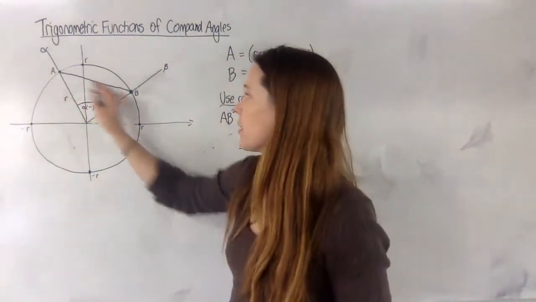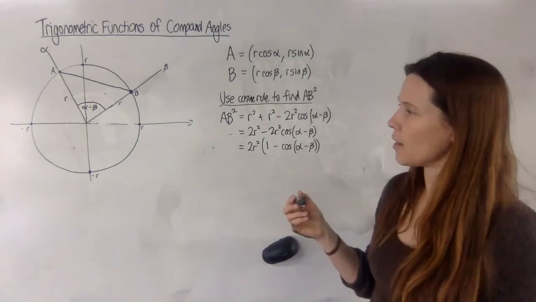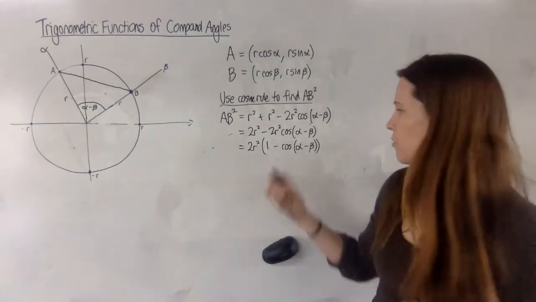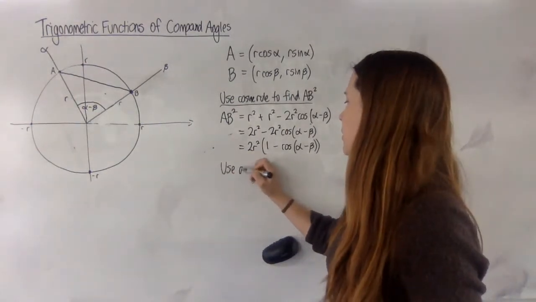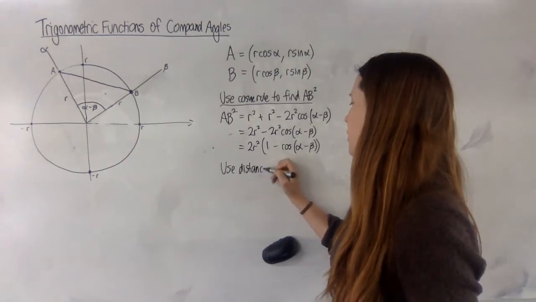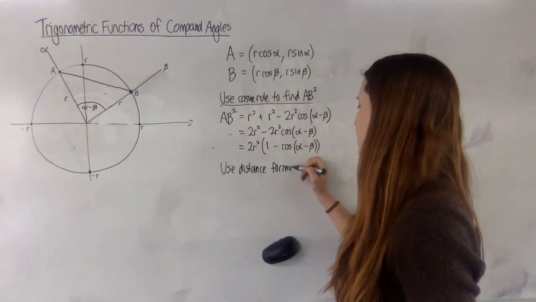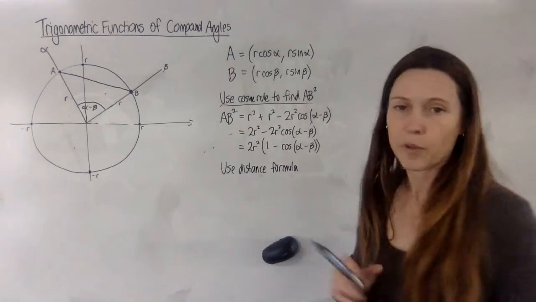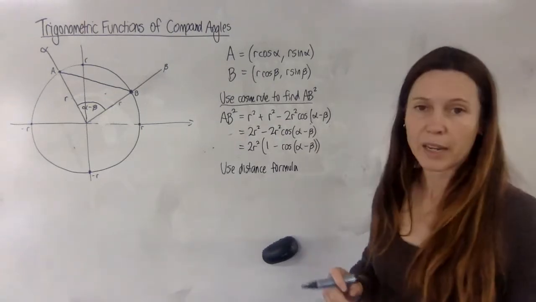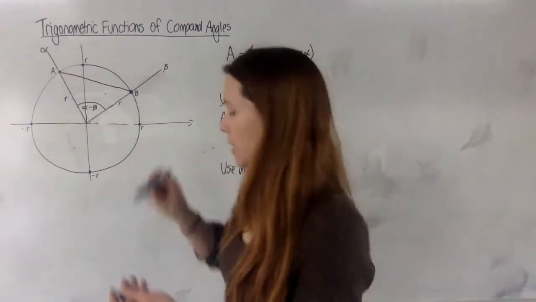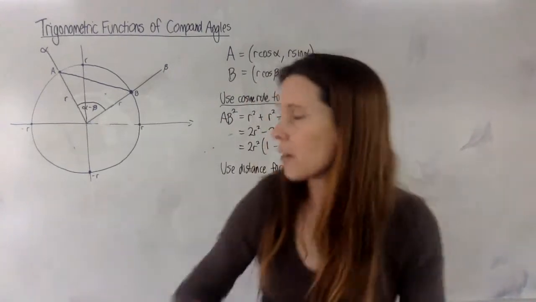How else could we find a formula for this length AB? We could use the distance formula, couldn't we? So using the distance formula, and that's just the basic formula that's really just Pythagoras. It's just looking at how far it is from here to here. Now, if we asked Pythagoras what to do,